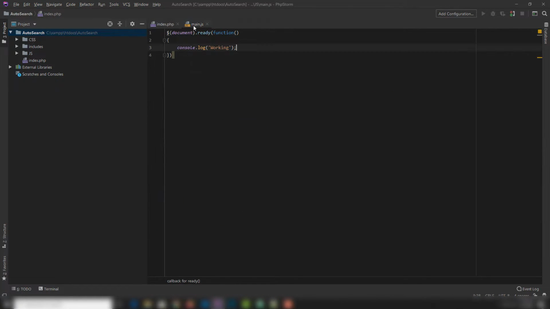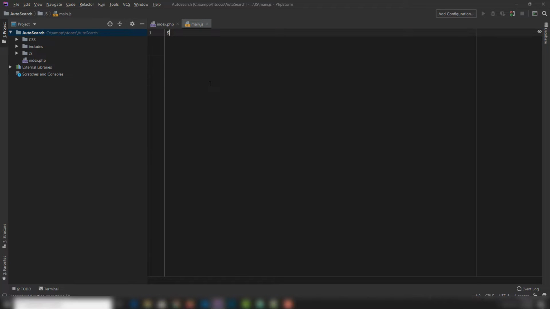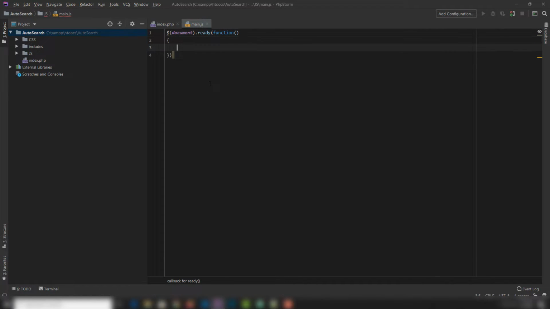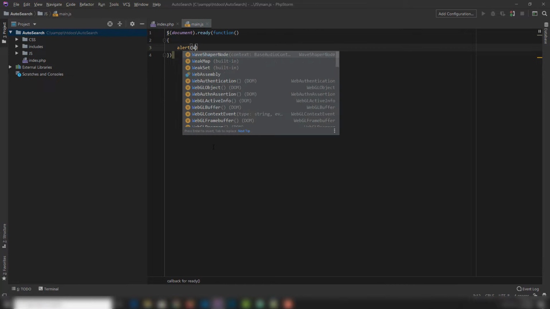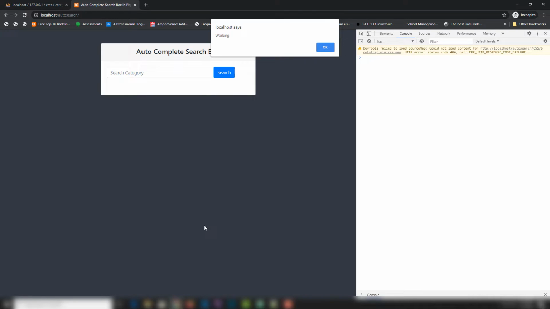Perfect. Ready function. Just a minute. Okay, why can't I see it? Document.ready function. I'll use alert, and it's working. Let's check it again. As you can see,